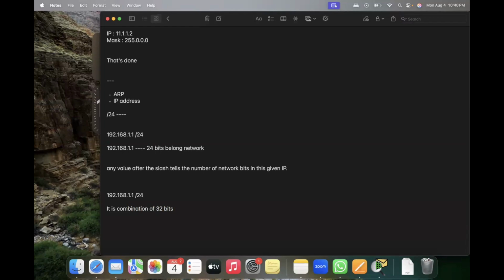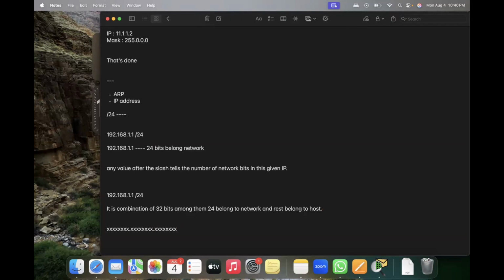32 बिट का कॉम्बिनेशन होता है, कोई भी आईपी होता है। ओके, हाँ, among them 24 belong to network, ओके, and the rest belong to host. बात समझ में आई? तो अगर मैं इसको तोड़ूंगा तो कैसे होगा? ये ऐसे करके होता, 8.8.8.8, मतलब इतने इतने बिट्स, ऐसे समझो, x x x x x x x x, हो गया 8 बार। तो इसको ऐसे समझोगे ना तो आपको अच्छा समझ में आएगा।